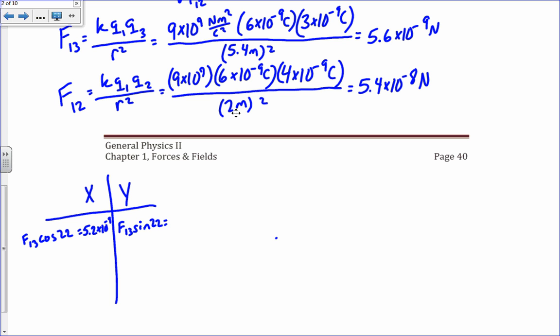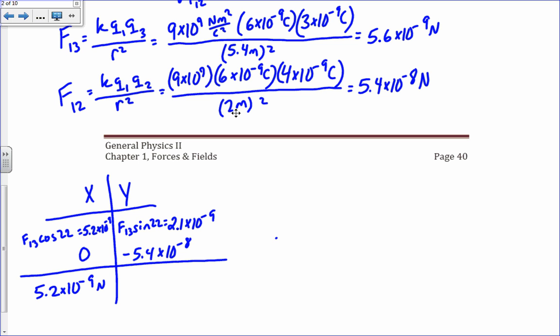And then F13 sine of 22 is 2.1 times 10 to the minus 9. And then I find my x and y components for F12. The x component was 0. The y component is negative 5.4 times 10 to the minus 8. Now when I add these numbers up, I get 5.2 times 10 to the minus 9